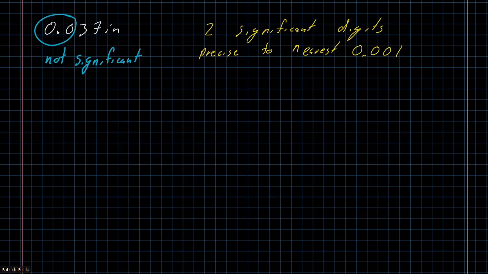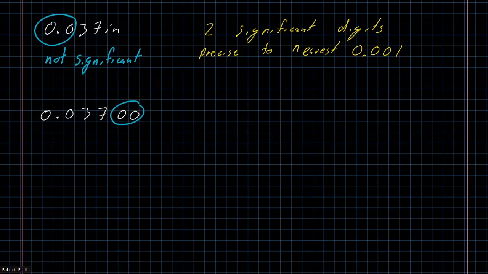And maybe that's what we have. But maybe we are using an incredibly precise measuring tool. And we did not measure this to the nearest 1,000th of an inch, but to the nearest 100,000th of an inch. 0.03700. These two zeros, we had no reason to put them into our report, right? Writing down the number, as far as a mathematician is concerned,